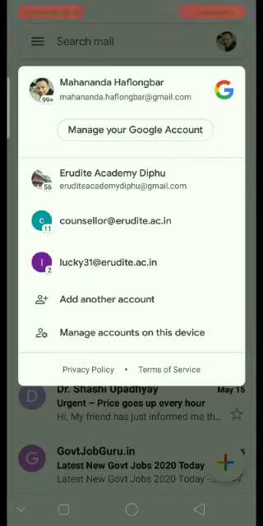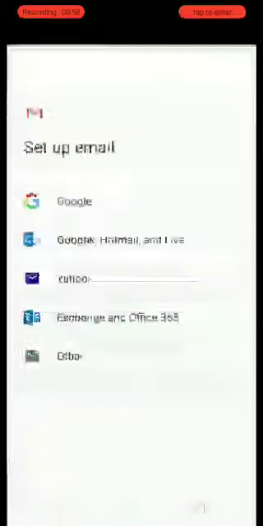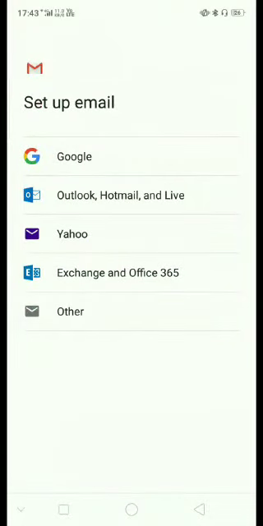So what you need to do is add the account which we have given or shared to you in the group. First, we shall go to that "Add another account". So this page comes. Here you can see Others, Exchange, Yahoo, Outlook. You need not worry about that. The Google option written on top, you need to go inside. From there you can access the entire system.